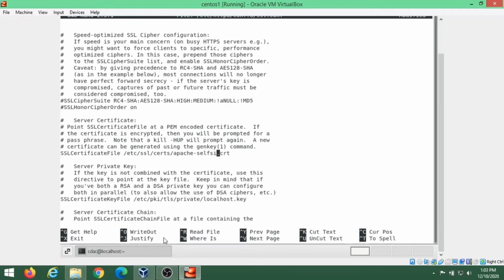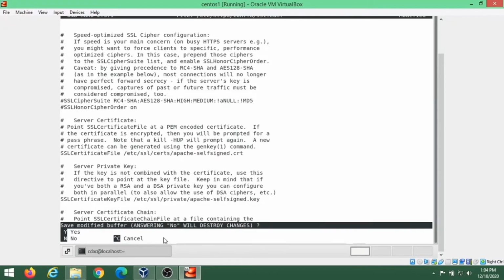We will similarly provide the path for the SSLCertificateKeyFile where it is stored, that is /etc/ssl/private/apache-selfsigned.key. After editing the fields, we can save the file.